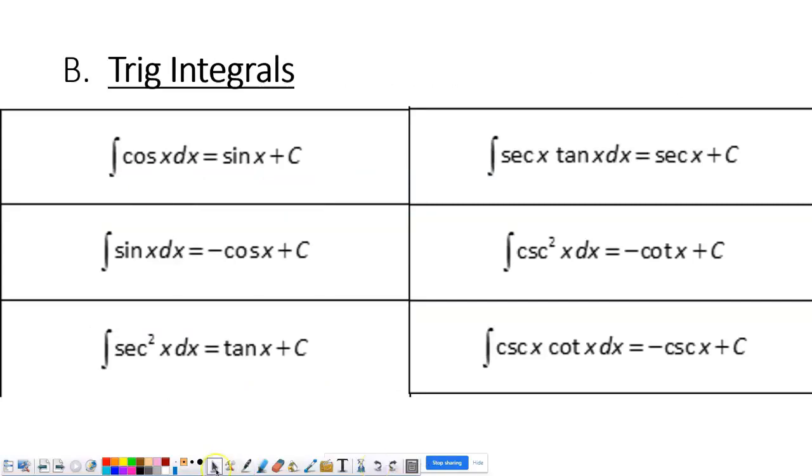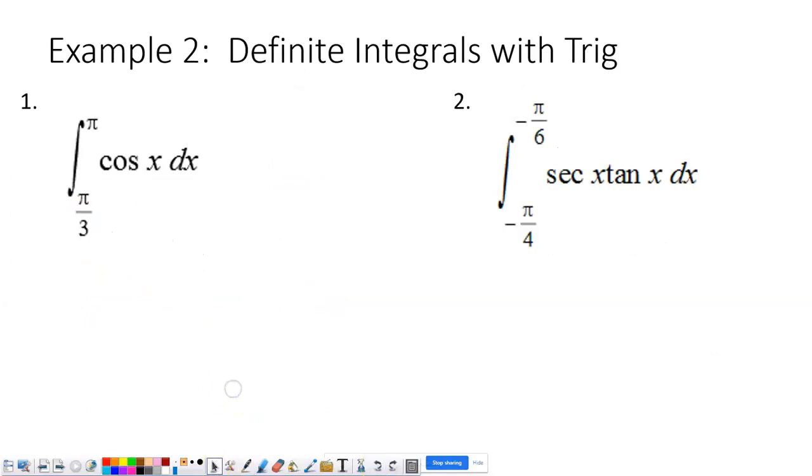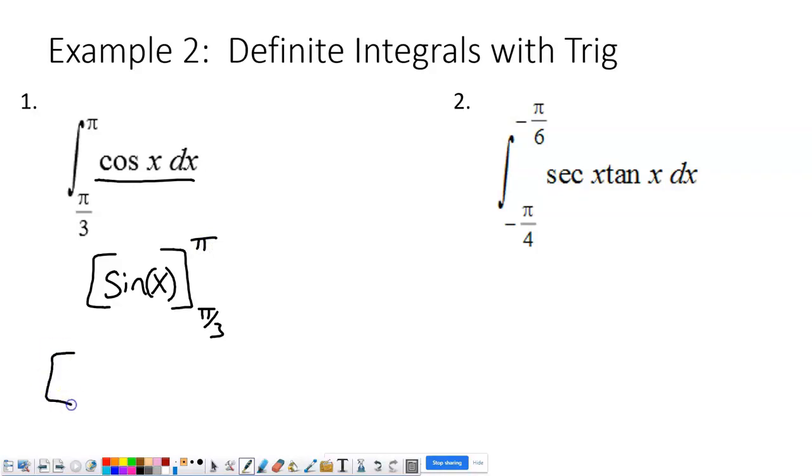So step one is to integrate cosine, which gives me sine. And when you do definite integrals, you don't need a c, right? Now that I've integrated, we don't need the integral symbol anymore. We just put brackets and we move the upper and lower limits of integration to the right. Now we do the fundamental theorem of calculus where we do bracket minus bracket